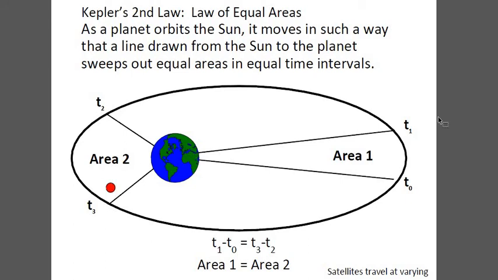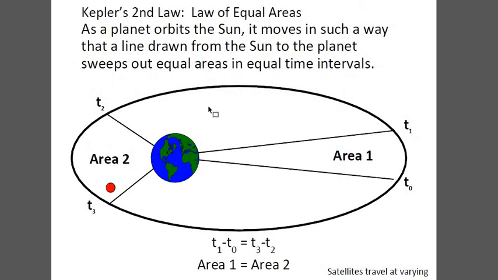So T3 and T2 are the time intervals of your satellite, T1 and T0 are the time intervals of your earth. So what we are saying, T1 minus T0 will be equal to T3 minus T2. So this area will be wide and this is narrow, but if you calculate the area, that area will be the same. So what I can say is that as the satellite orbits, I am reframing the particular sentence,